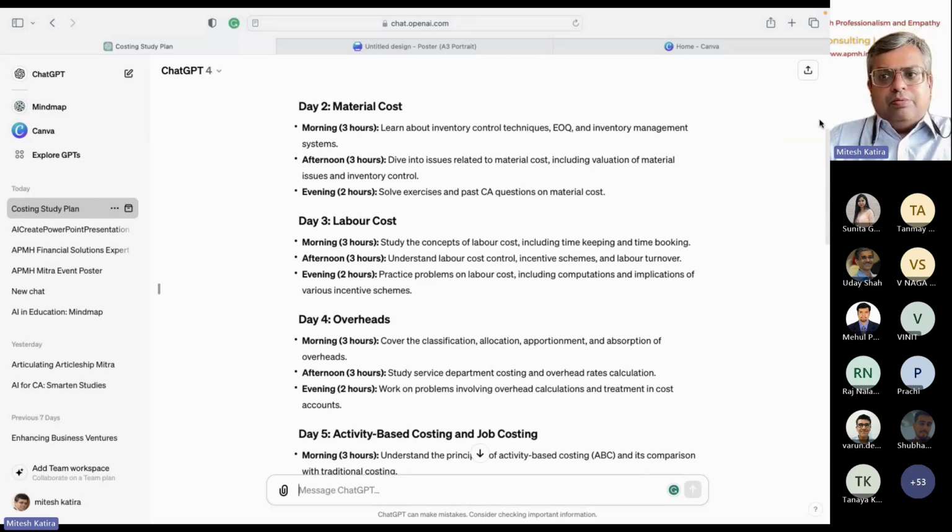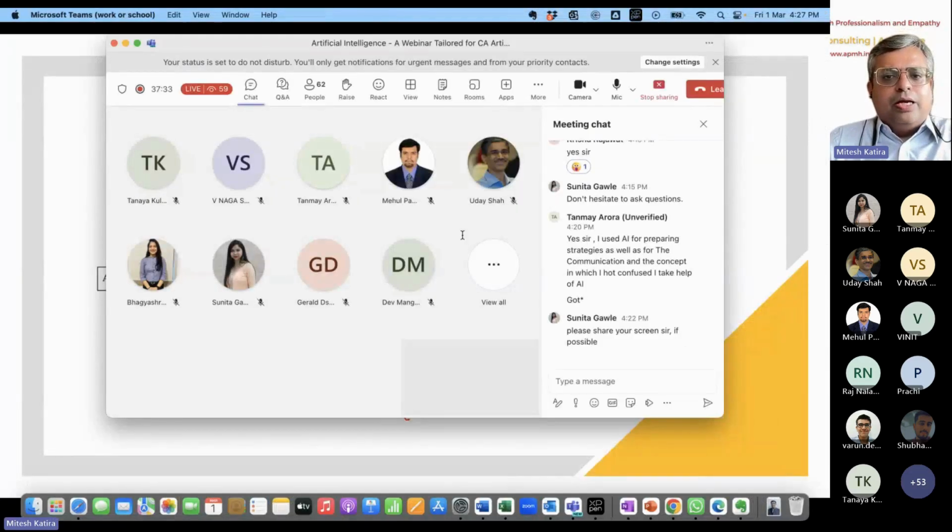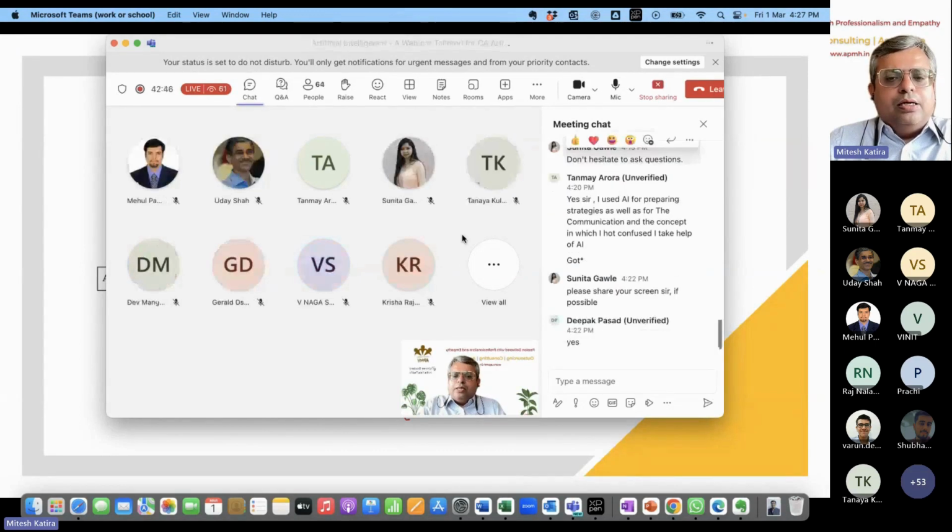Similarly, when our team was traveling to Delhi for an audit of an iron and steel unit, I was asked by the team, "Sir, what should we do when we go there?" What is our daily plan for 4 days?